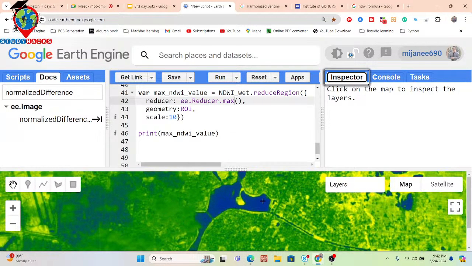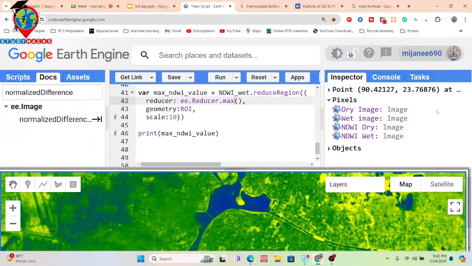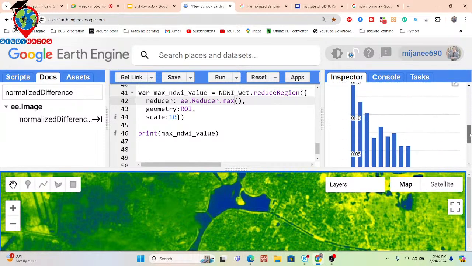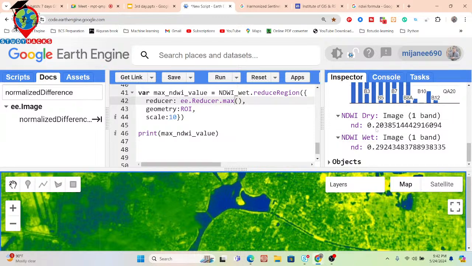Suppose I click on here and click on this water body. We can see the result, 0.2 and also 0.2. The same value you can get in here.